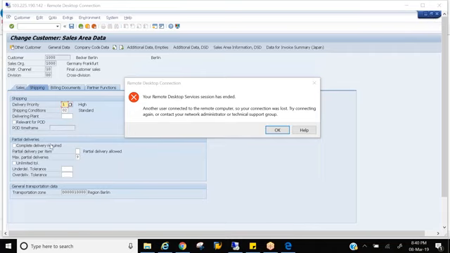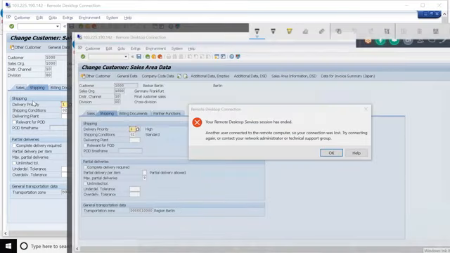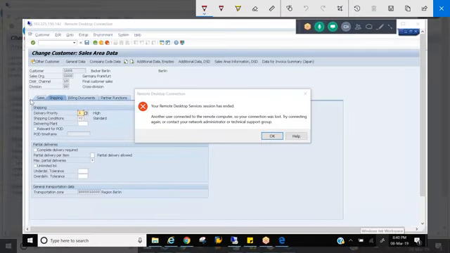The next is partial delivery required. That means whether partial delivery is allowed for this customer or not, or you should do only complete delivery. Usually government customers will not allow partial deliveries. If materials are not available today, do it the next day, but they need complete delivery. So if this customer needs complete delivery and will not allow partial delivery, then activate it here. Complete delivery required means the system will allow you to schedule a delivery only when all the quantities are available. If the customer allows partial delivery, then leave it blank, partial delivery allowed.